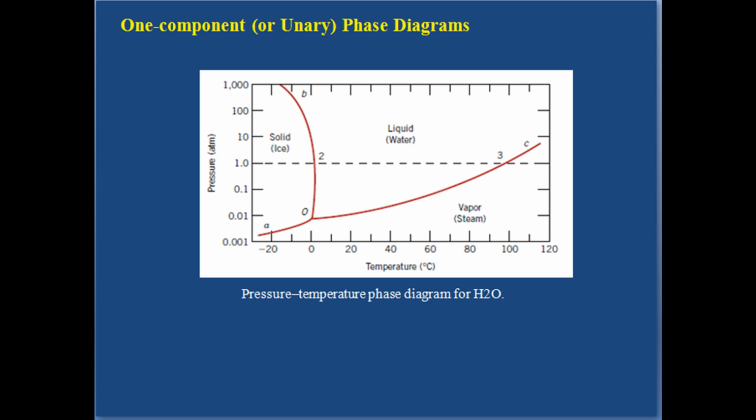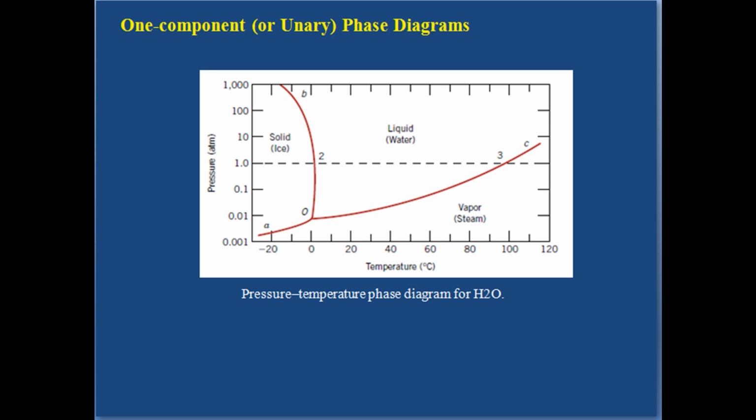Similarly, at the intersection of the dashed line with the liquid-vapor phase boundary, point number 3 in figure, at 100 degree Celsius, the liquid transforms into the vapor phase or vaporizes upon heating. Condensation occurs for cooling. Finally, solid ice sublimes or vaporizes upon crossing the curve labeled AO. As may also be noted from figure, all three of these phase boundary curves intersect at a common point,